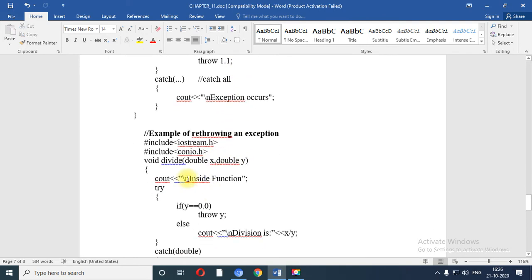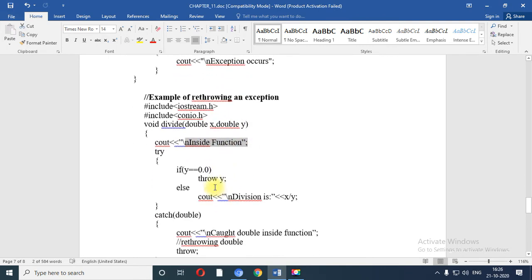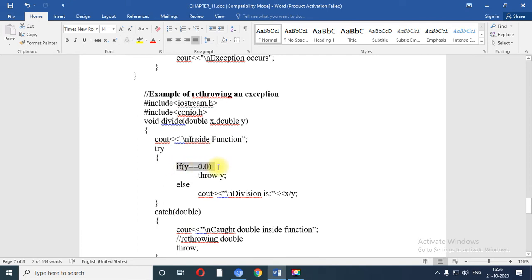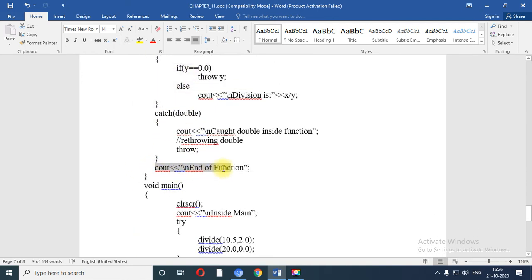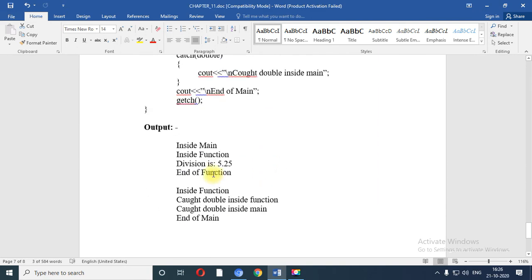Now it will print inside function. Now it will check whether the value of y is equal to 0. The condition is false, so the else part is executed, and the division value is printed on the screen. So try executes its code, and end of function is printed. So this is the output of the first call.